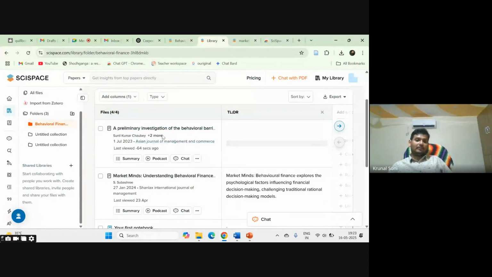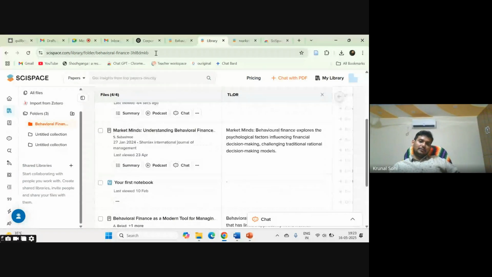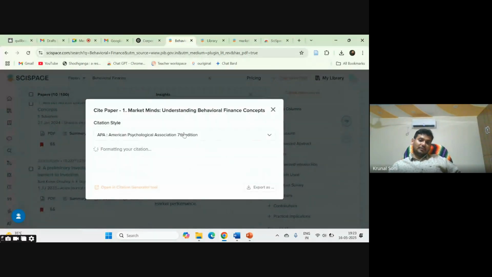So now it has been saved in my library. That means it is saved in my reading material. So this is now a part of my library collection. And if I want this paper to be cited, you can see the different reference styles irrespective of